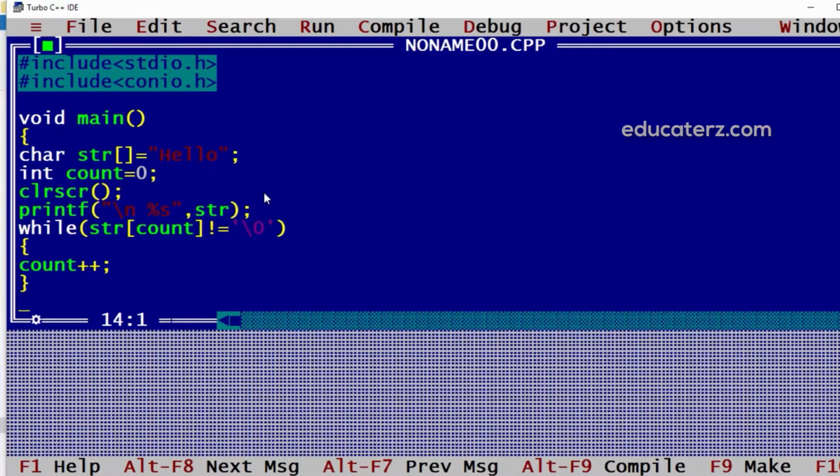And once \0 is reached, that means the string is over and we will display the length. %d, and count is holding the length.